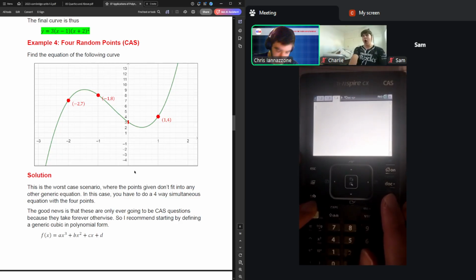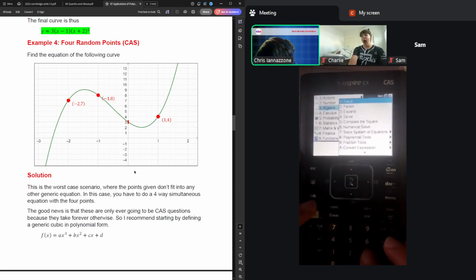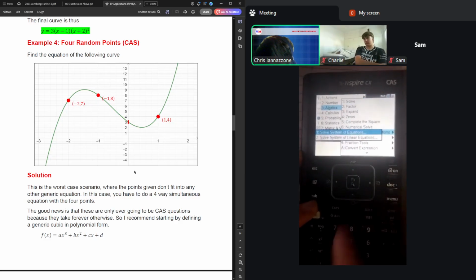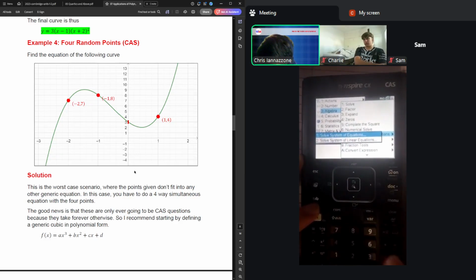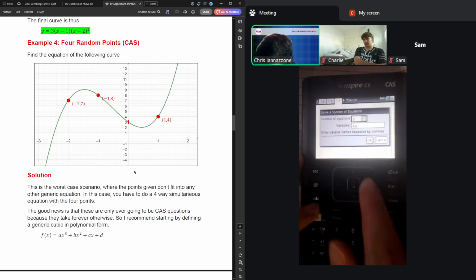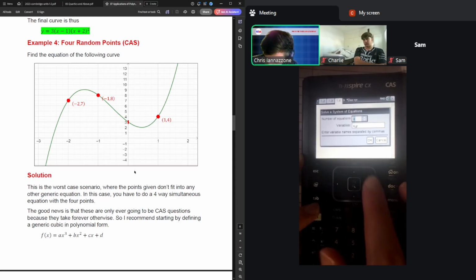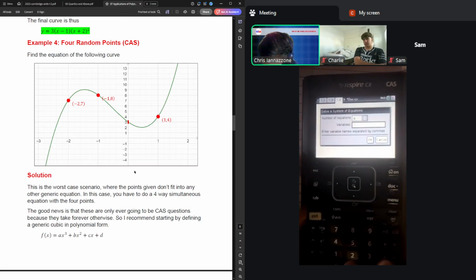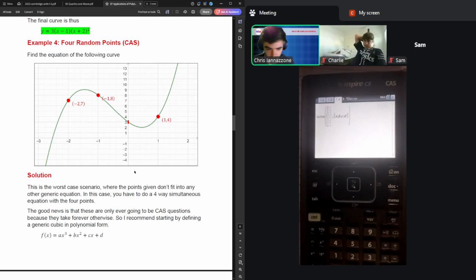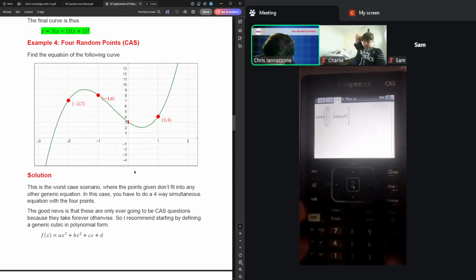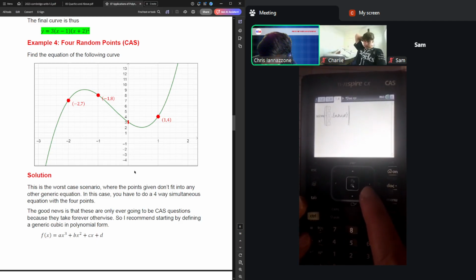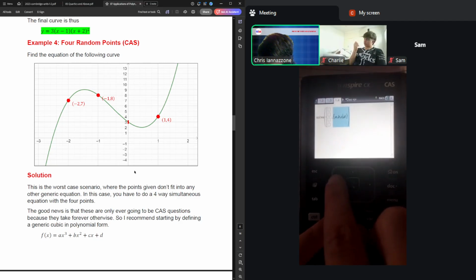Okay, so how do we do this simultaneous? For TI-Nspire specifically, you're going to menu 3, 7, 1. You're doing solve system of equations. That's where you go. What you'll want in this case, because you have 4 points, is you want 4 equations, and whatever they're called in the question is what you'll label them. And that sets up the window that you'll have. Now, that was just me showing you where to get it. Before you do that though,